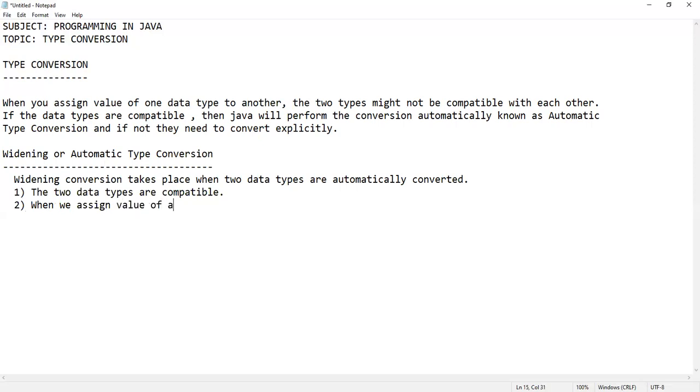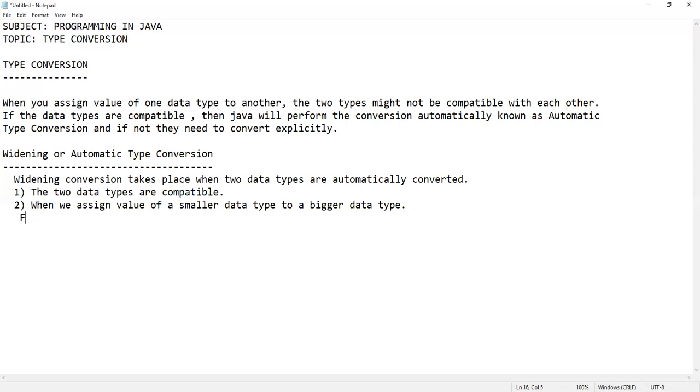Like byte, short, int, long, these are all compatible, so it can easily happen. Or second, when we assign a value of a smaller data type to a bigger data type. Like if I declared a byte value and assign it to a larger integer, it can easily happen. So these are the widening or automatic type conversions.